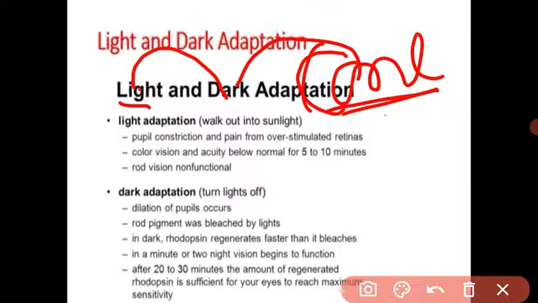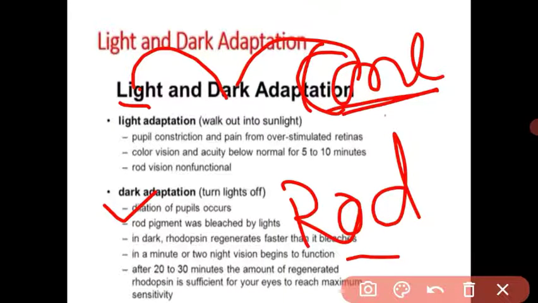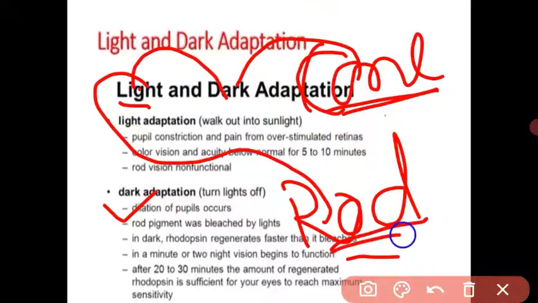See another example for dark vision. When we are watching TV or a cinema in the cinema hall, it is dark. When the cinema is over and we come out from the cinema hall, at that time also you are not able to see properly in the bright light. What happens? When we are sitting in the dark room, your rod cells are activated. The rod cells secrete the rhodopsin pigment, so you are able to see in the dark. But when we enter into the light, for a few minutes the rod cells are non-functioning and the cone cells are activated. So for a few minutes you are not able to see in the light.